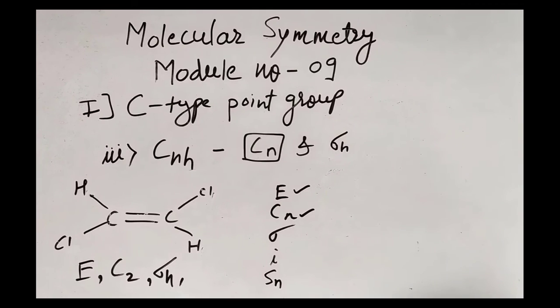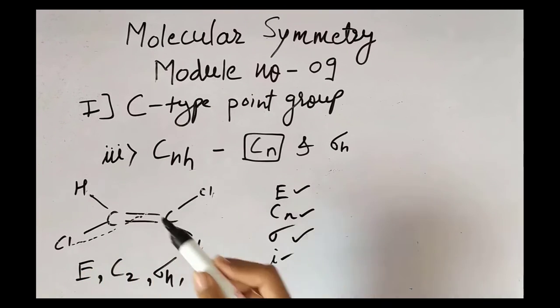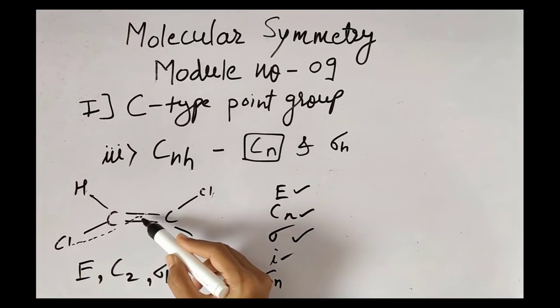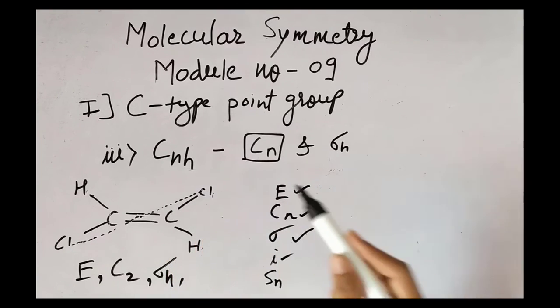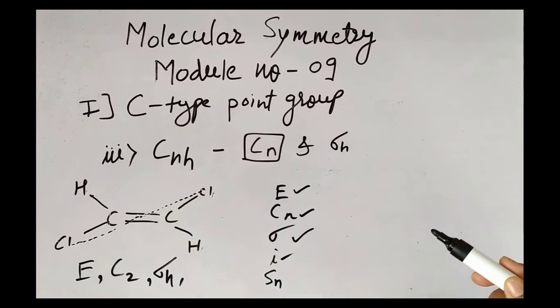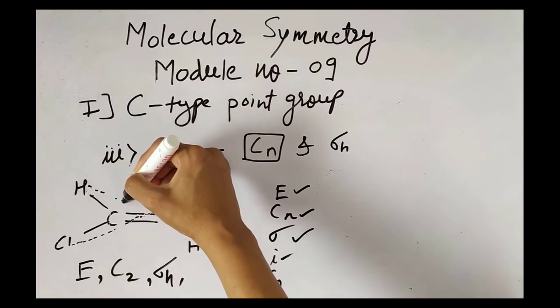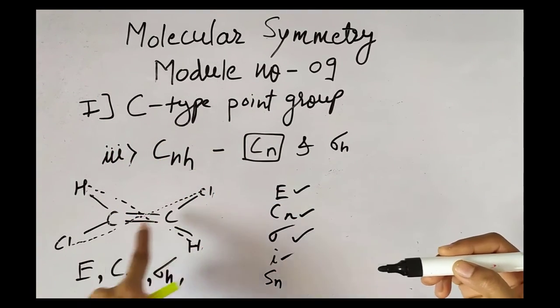Next, we have done sigma now. Now, just check whether inversion is present or not. What was the definition of inversion we have seen? Select any atom, draw a line to the center of gravity of that molecule and extend the line in the opposite direction at equal distance. And if you are getting the same atom at equal distance and in the opposite direction, then we say that i is present. And this should happen with all the atoms. So this is happening with all the 4 atoms.